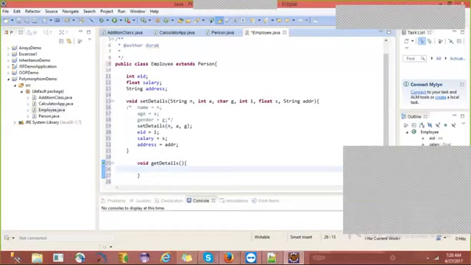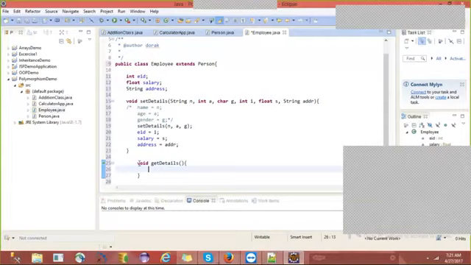getDetails. So for setting only we need inputs. For getting, we don't require any inputs, right? So zero parameters. In getDetails, it is always zero parameters. Yeah, good. So what is the code I should write here? Yesterday we have seen the same. That's why I am going with the same classes for every example, so you can relate and proceed easily from the previous examples. That's why I'm taking the same classes like Person, Employee and all.